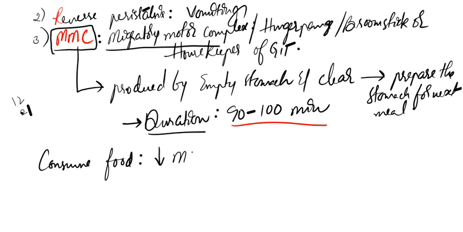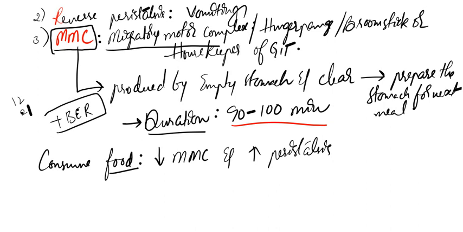This will decrease the activity of MMC, the migratory motor complex, and increase the peristalsis. We already discussed how food increases peristalsis. Food accompanies the basal electrical rhythm potential to cause peristalsis. This also leads to an increase in the activity of motilin hormone